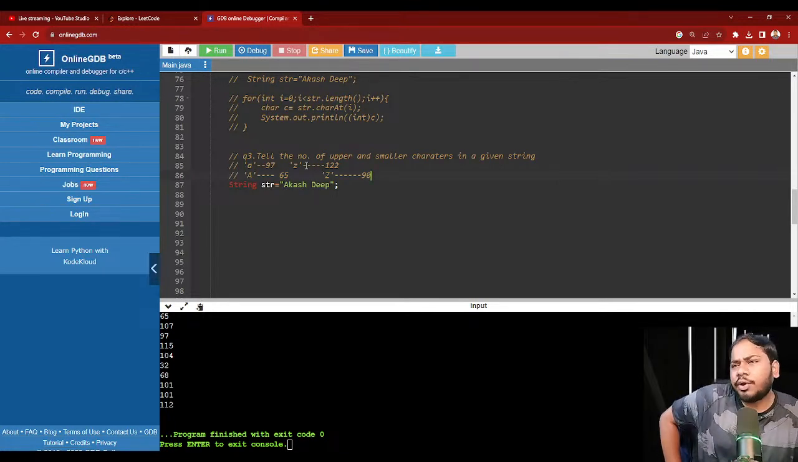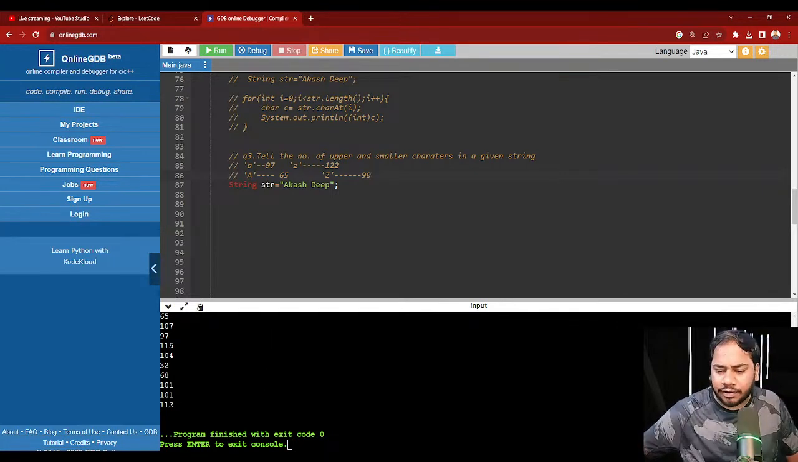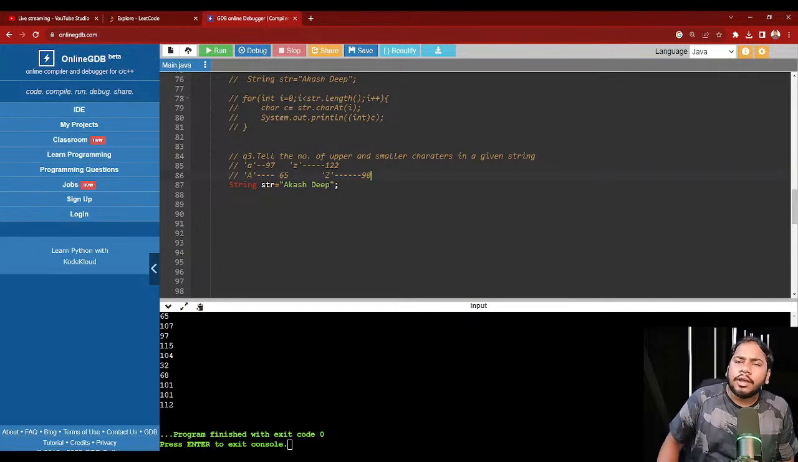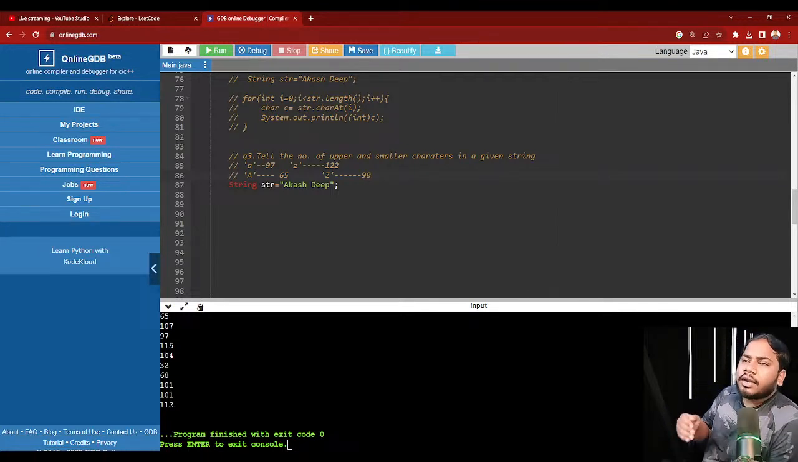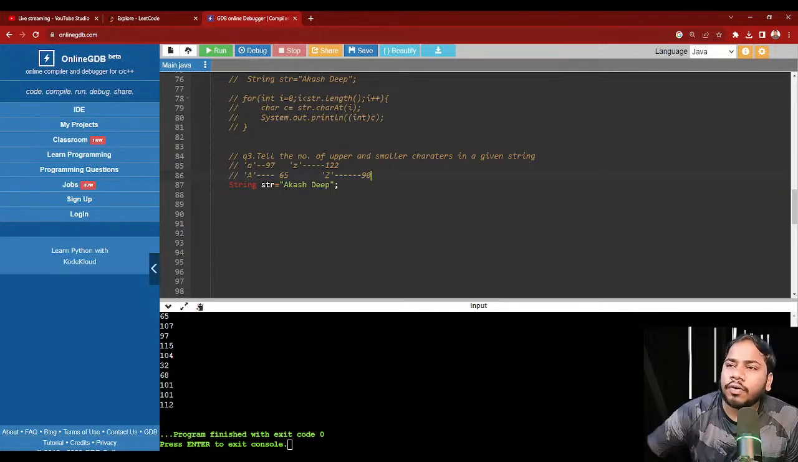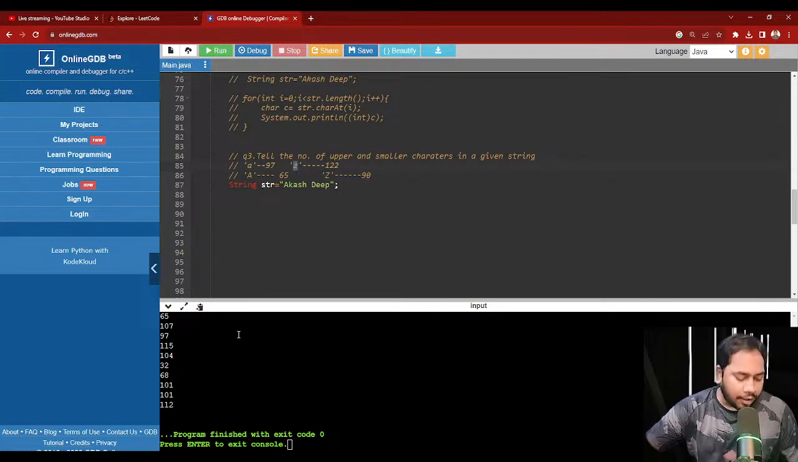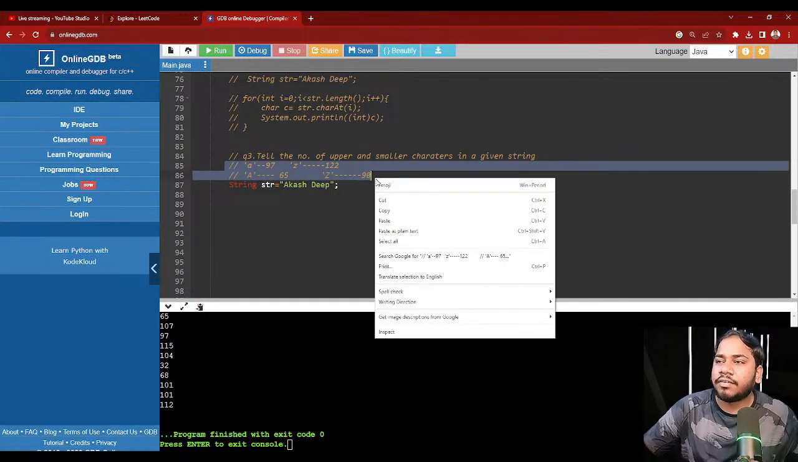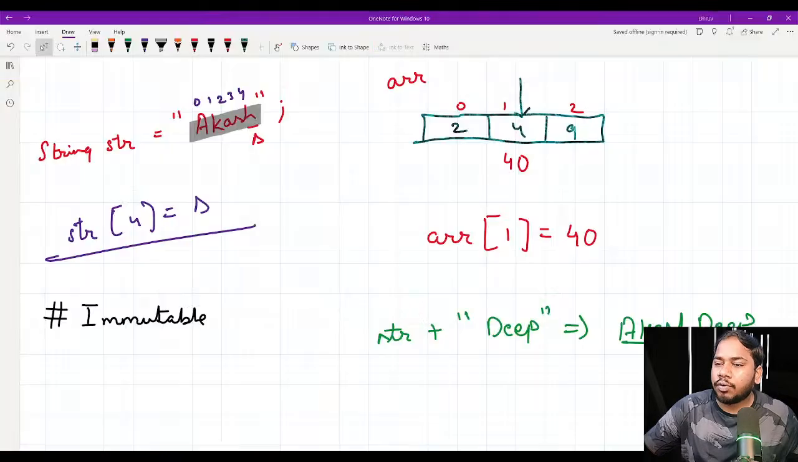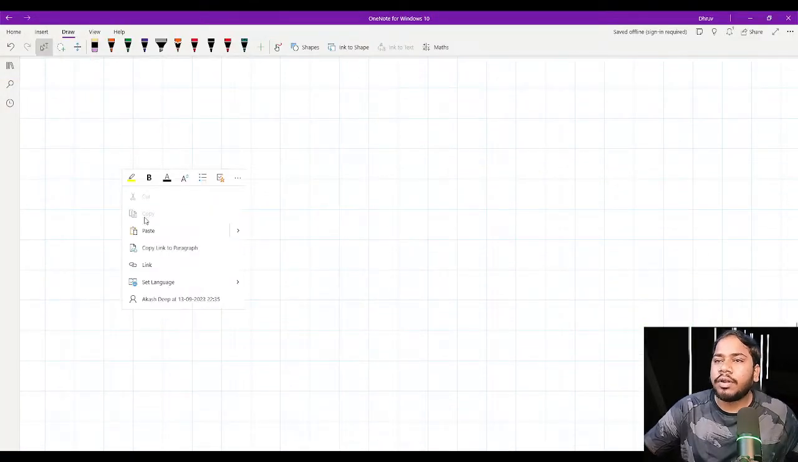Then what we can do is check whether the ASCII code of the characters lies between the ASCII code of small a and capital Z. What are you trying to tell? Let's copy this, guys. Then only we will understand. Let's go to this. So what you are trying to tell is,